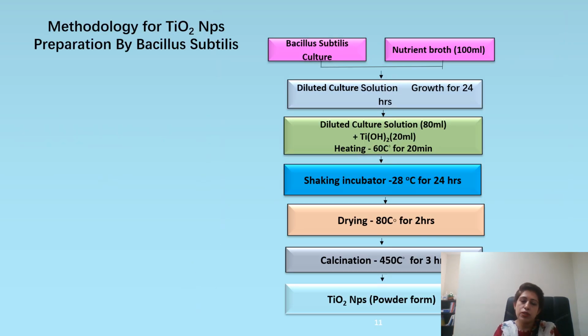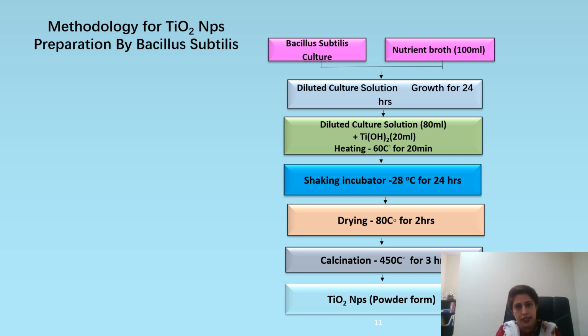Let's talk about the basic methodology of the synthesis of titanium oxide nanoparticles. First of all, the Bacillus subtilis culture and nutrient broth of 100 ml will be taken. After that, the diluted culture solution will be kept and grown for 24 hours. After 24 hours, 80 ml of the diluted culture solution and 20 ml of titanyl hydroxide will be mixed and